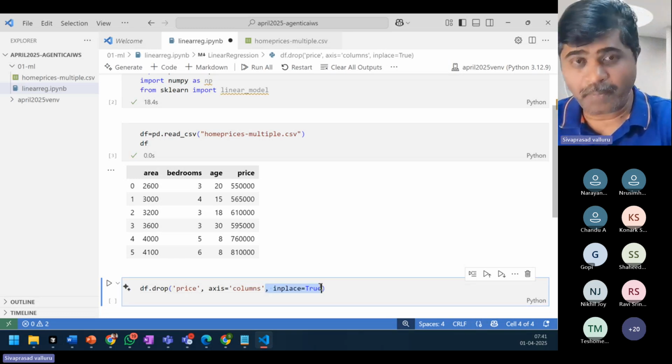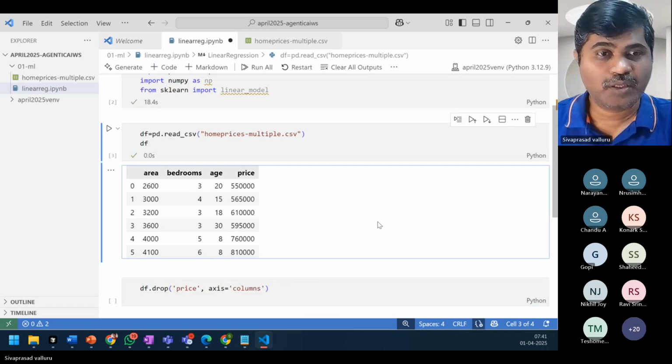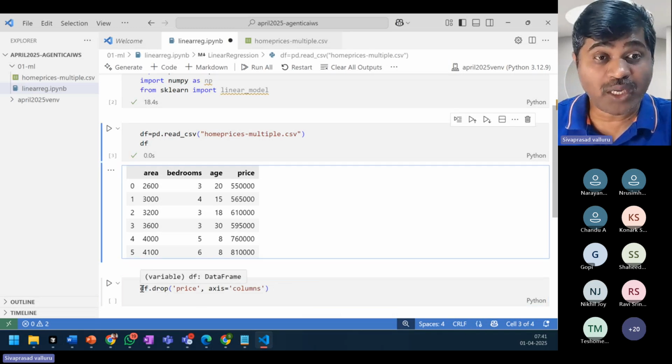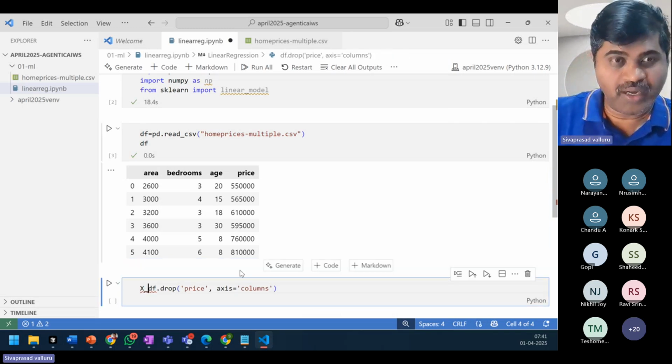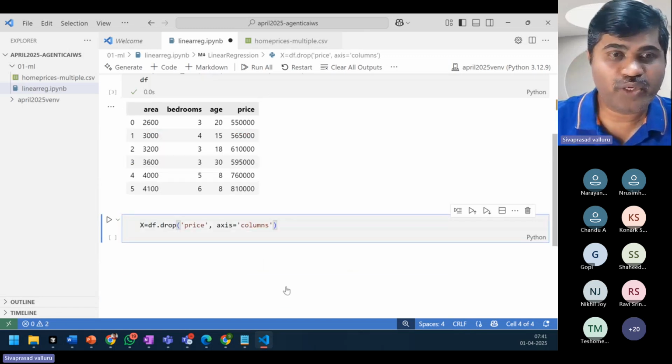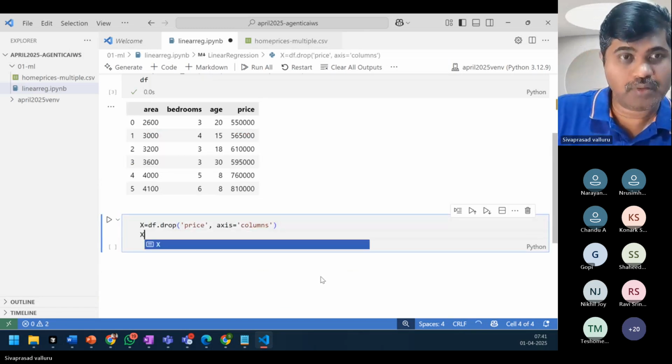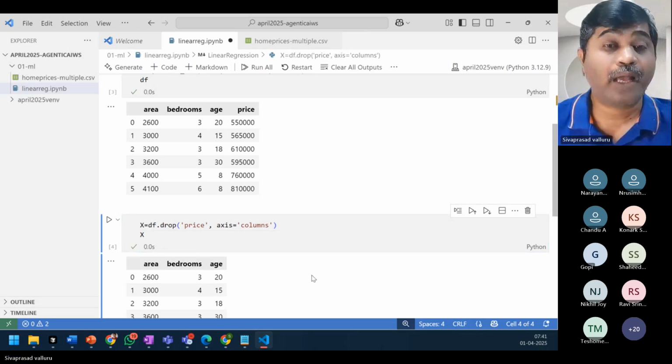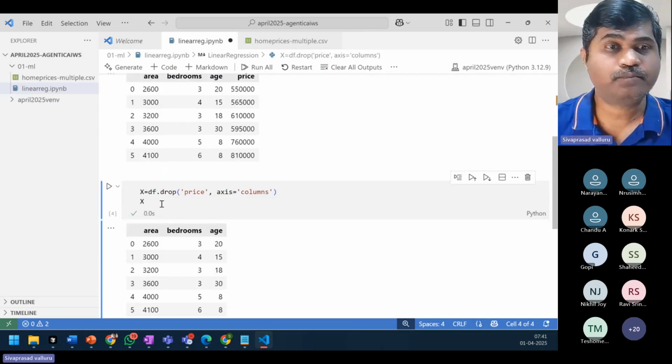I want to drop the price column. So after dropping, whatever I get, I will call it X. Okay, let me try to display X. Yeah, I dropped the price column and the remaining whatever I have is X.